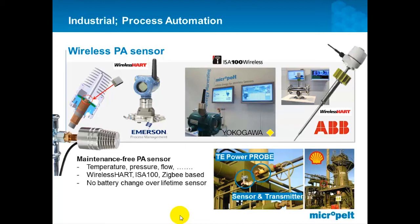Here, ABB fully integrated energy harvesting inside the sensor. The look and feel and the dimensions of that sensor are exactly the same as with a battery. And the person installing this sensor doesn't have a clue what's inside, a battery or an energy harvester. Of course he sees this green thingy here. That's the heatsink. So in this field we have done a lot of work, field tests like here in Shell